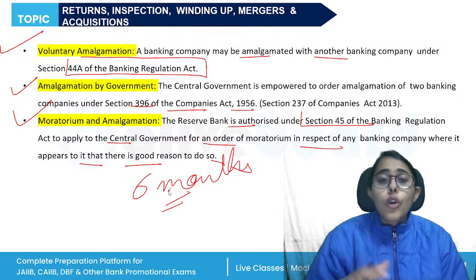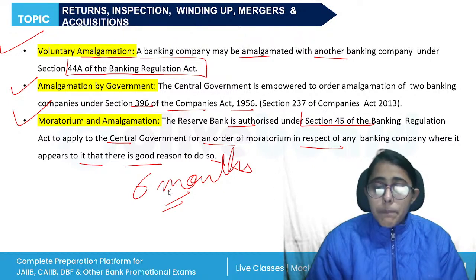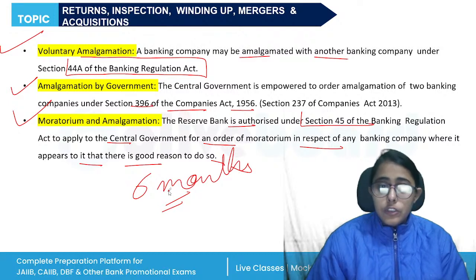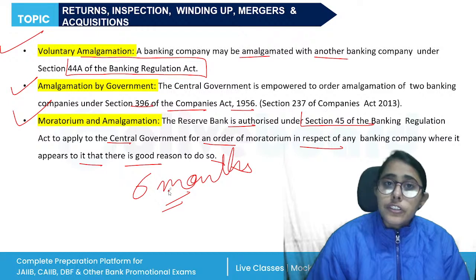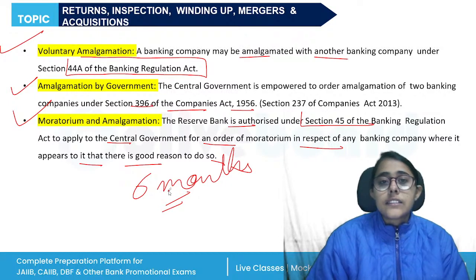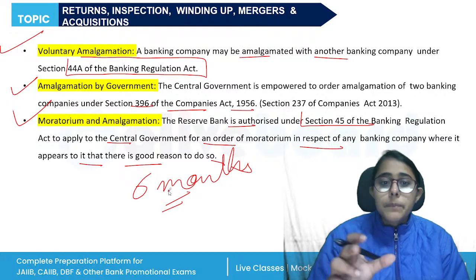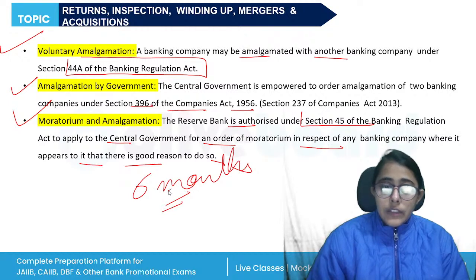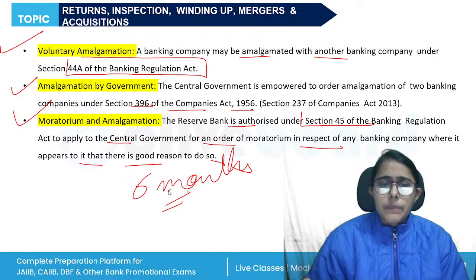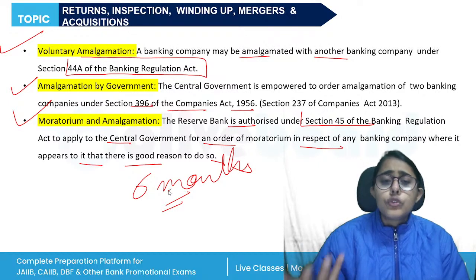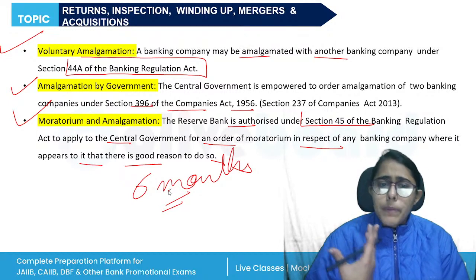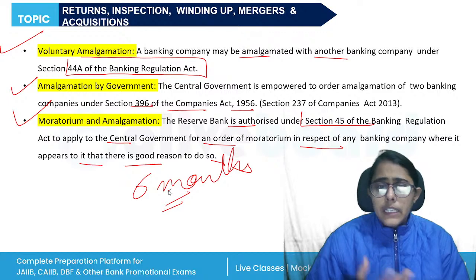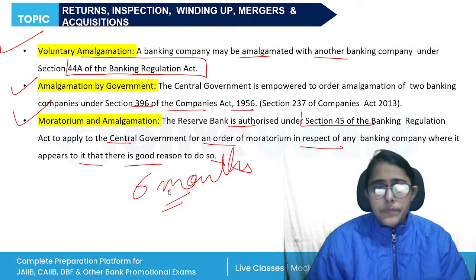In this period, what is the period of moratorium? The banking company shall not make any payment to the depositors, or discharge any liabilities or obligations to any other creditors unless it is otherwise directed, right? So this is the period of moratorium. Okay, then again, if the amalgamation is necessary because it is in the interest of the public or in the interest of depositors for securing the proper management of the banking company, the decision can be taken. All right,